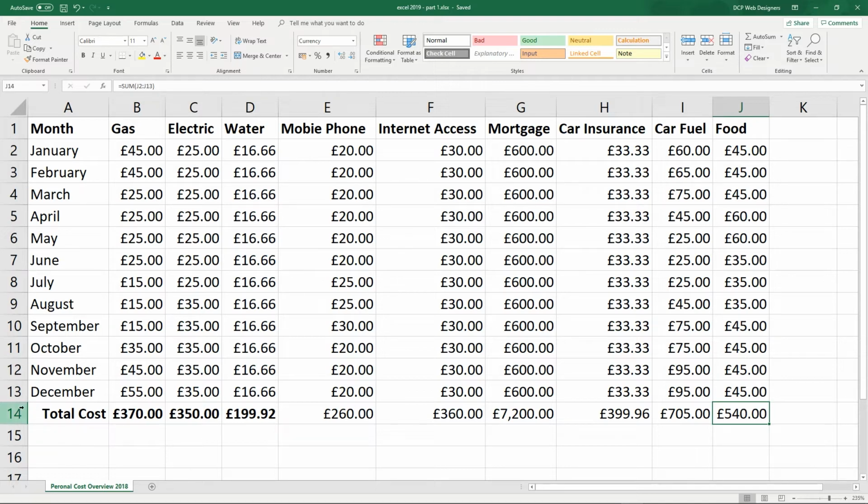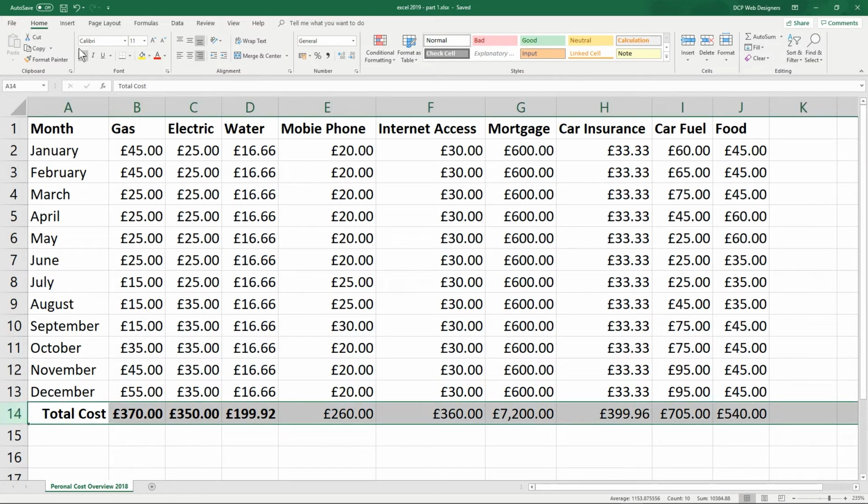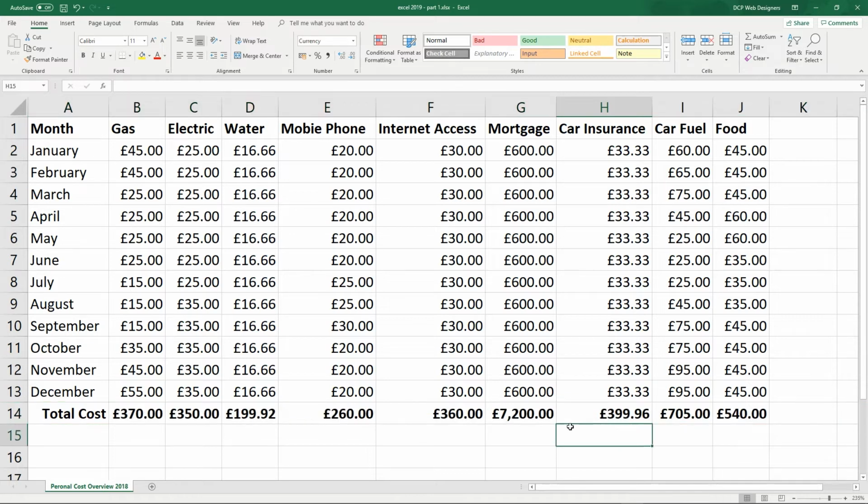What we can do is just click on number 14 here and then hit the bold button. We hit it once and it will unbold everything. We hit it one more time, the left mouse button here, and it will make all of them bold. So now we've got a grand total for all of our costs, and we can look at that and we